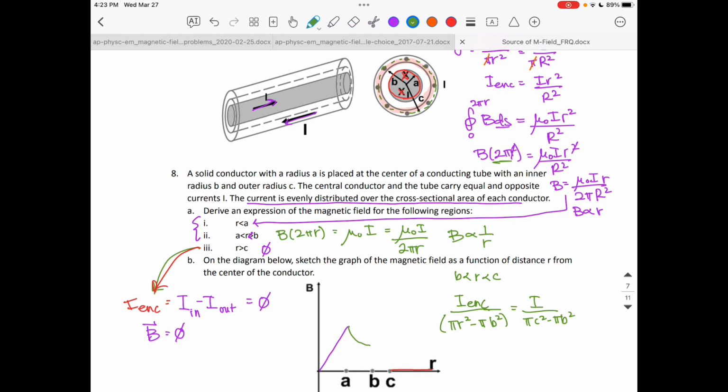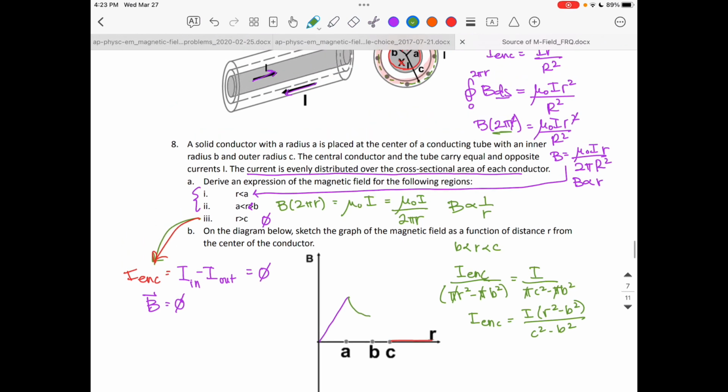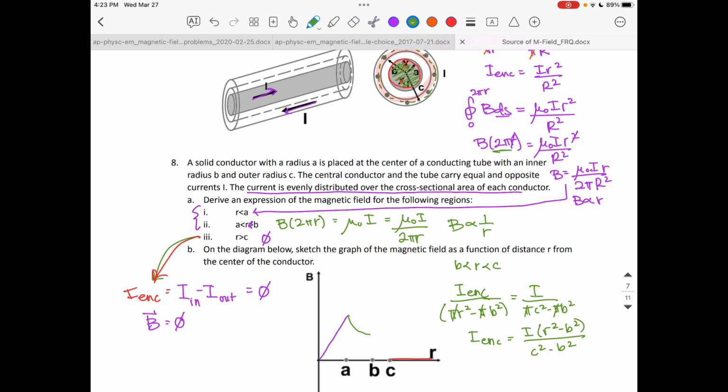And then from there I get I, and let me pull out the pi. Oh, actually the pi's end up canceling out. That makes things easy. Times r squared minus b squared all over c squared minus b squared. And then what we also have to do is include the fact that there's also this inner current right here, and that inner current is going in the opposite direction. So the way I did it here is the current going in is positive, the current coming out of the board is negative,